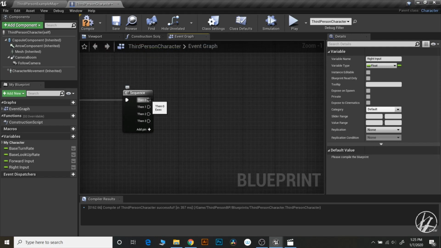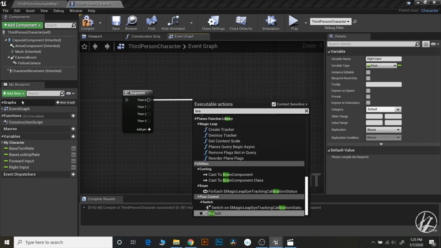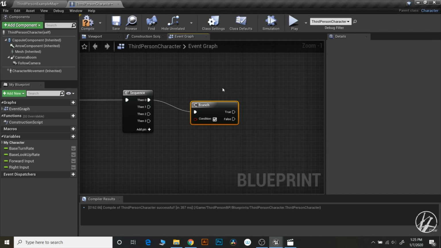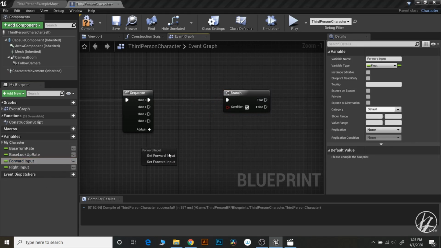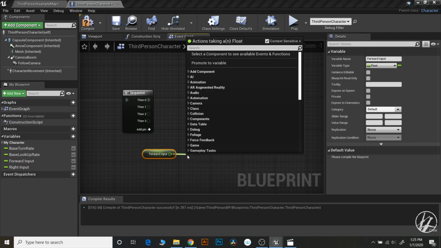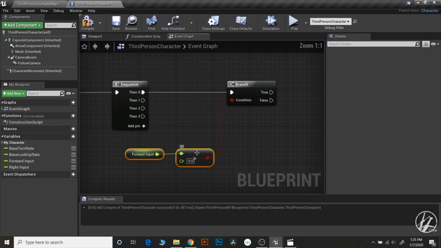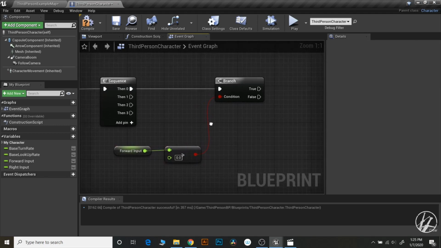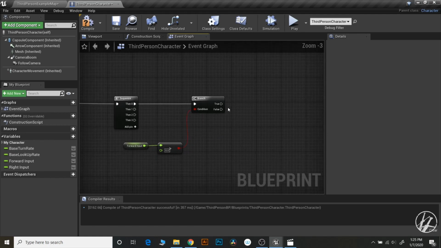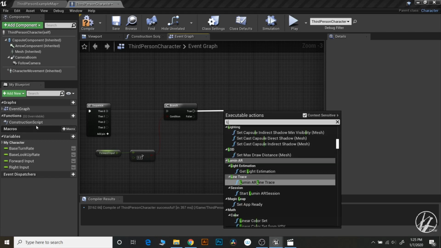So let's do our first check. For that we need a branch, and we need to check if forward is bigger than 0. Because if the forward input is bigger than 0, that means we are moving forward. So if that's true, we'll need to launch character,